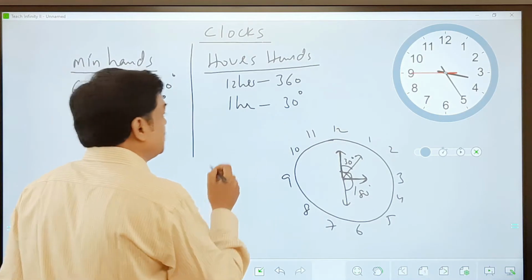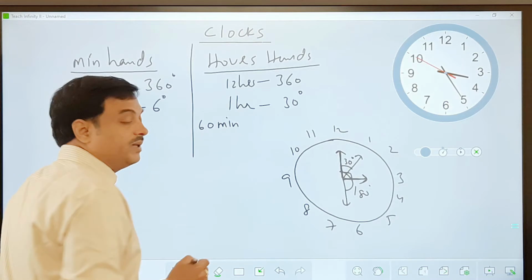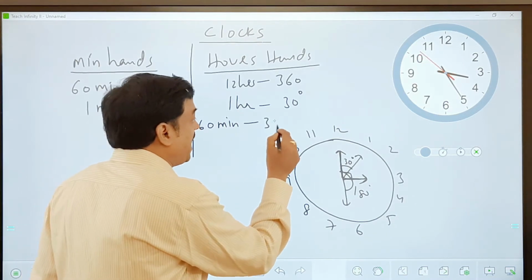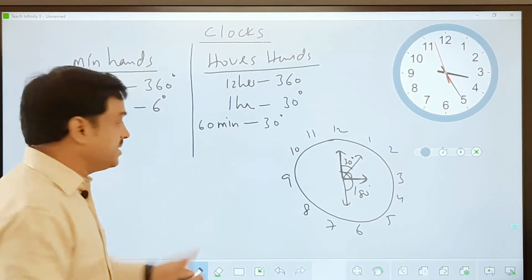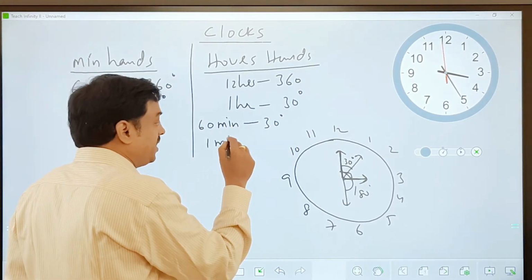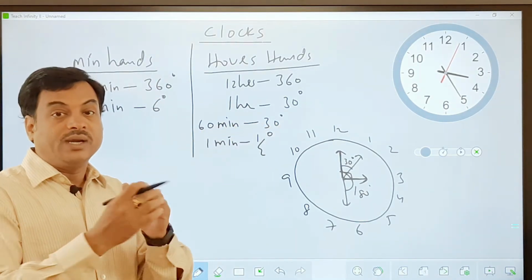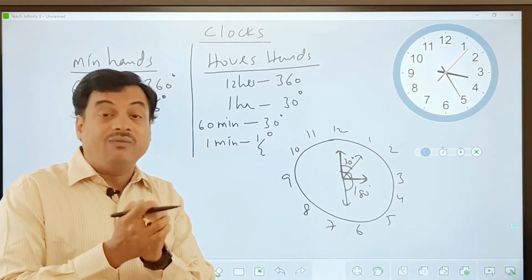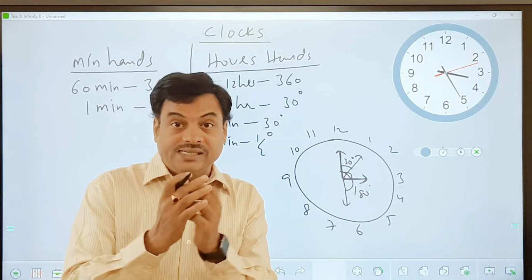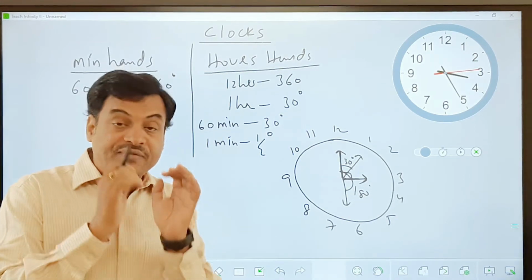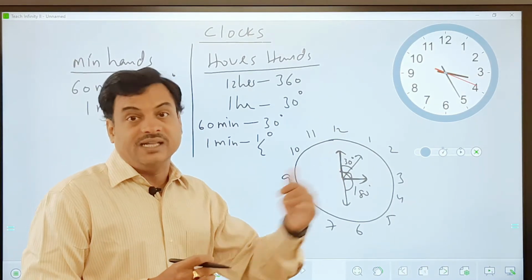Please observe this calculation. Hour means, can I say, 60 minutes of time? 1 hour is nothing but 60 minutes. And I am taking the same angle, 30 degrees, over here. 1 hour is 30 degrees. So 60 minutes is nothing but 30 degrees. If you divide both sides by 60, you get half a degree. So every minute the hours hand covers half a degree. So every minute the hours hand is also moving. Maybe we cannot see that happening with our naked eye, but every minute the hours hand is also moving, something like half a degree.